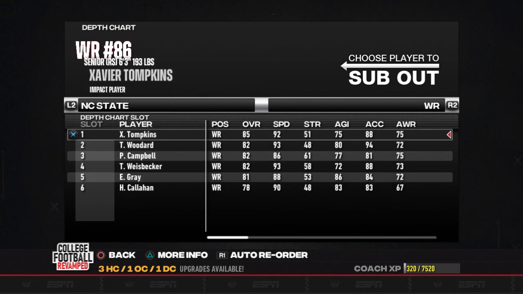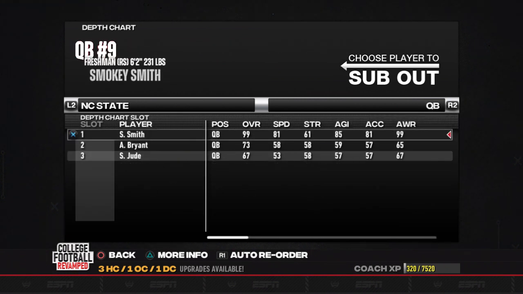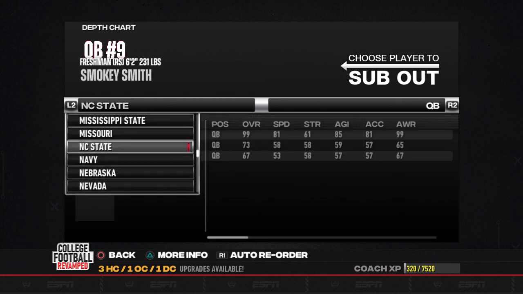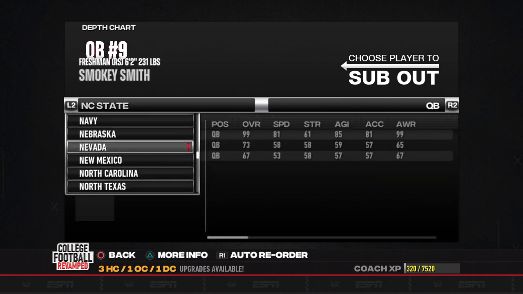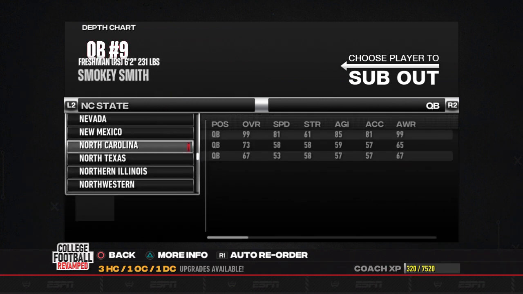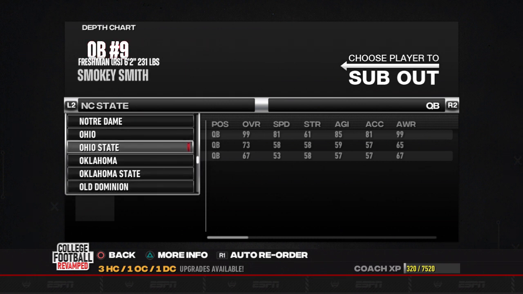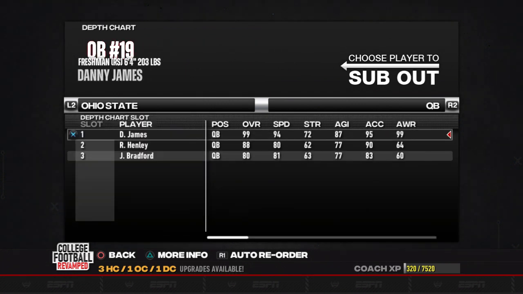Next guy is NC State, the quarterback, who is no longer 0-1 because we did have to advance, which I'll get into soon. But he is one of the ones that became a redshirt freshman. He is a 99 starting at NC State quarterback. The submitted guy at Ohio State, same thing, redshirt freshman at quarterback.